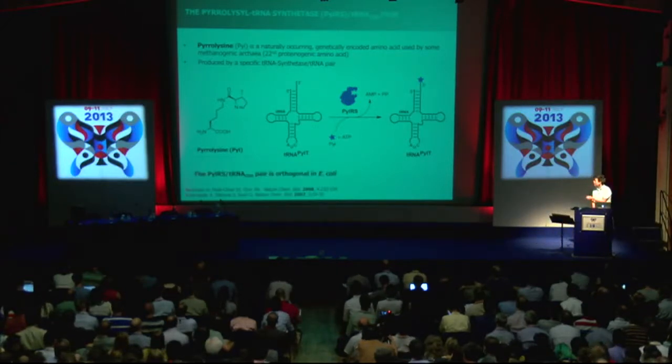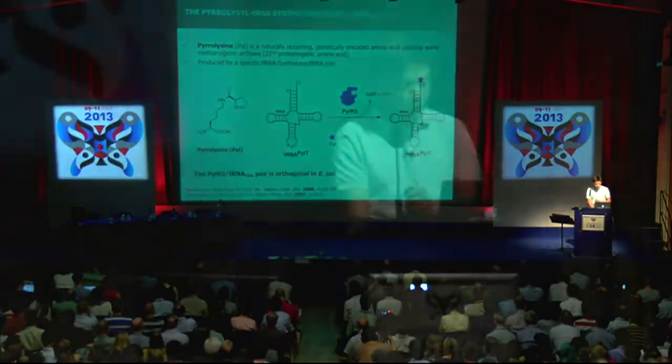And this synthetase and tRNA is orthogonal in E. coli. That is, it doesn't cross-react with the endogenous synthetases and tRNAs in E. coli. And we've done a variety of experiments showing that we can incorporate a range of unnatural amino acids into proteins in E. coli, make recombinant proteins, do structural biology, biophysics, entomology,